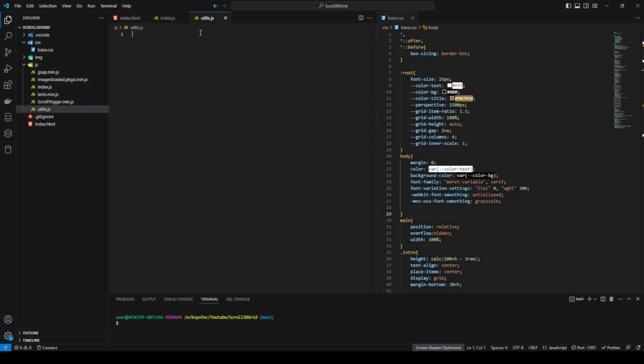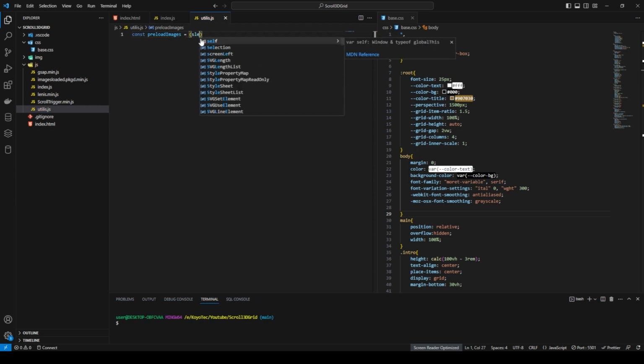So first function, we will start with the preload image. We are going to use the imagesLoaded library. What we're gonna do is first create a function. We will name it preloadImages. We'll use the selector